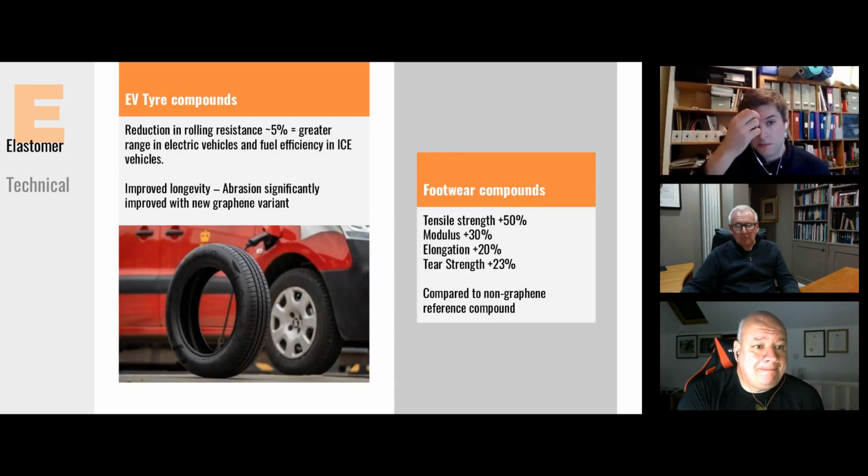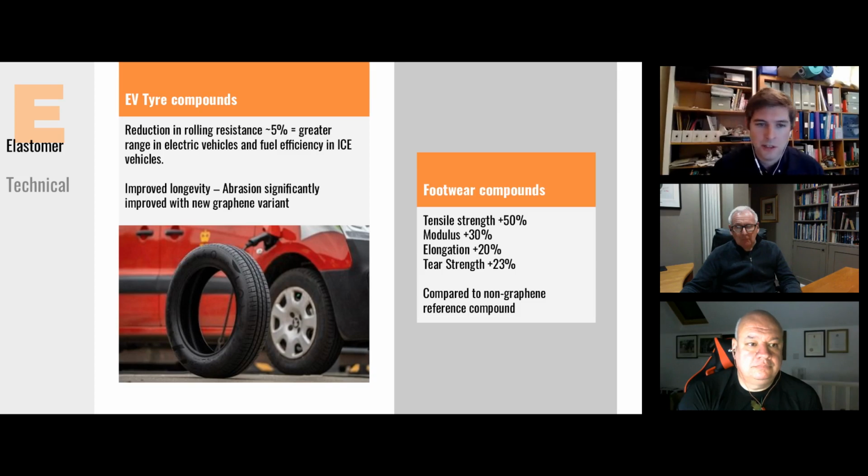Yeah, and again, as Neil mentioned, two key focus areas here: EV tires, and in our recent white paper, we stated, and it's a massive environmental problem, that there are actually more emissions now coming from tires than there are from actual vehicle fuel emissions. And that's really driven by the abrasion and wearing of tires, and again the leaching of microplastics and other materials. And so the key challenge here is, can we improve the abrasion resistance without affecting any of the other properties?